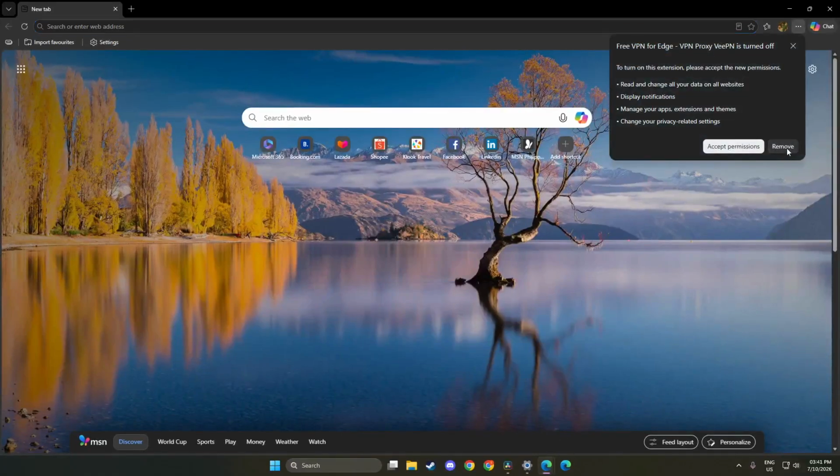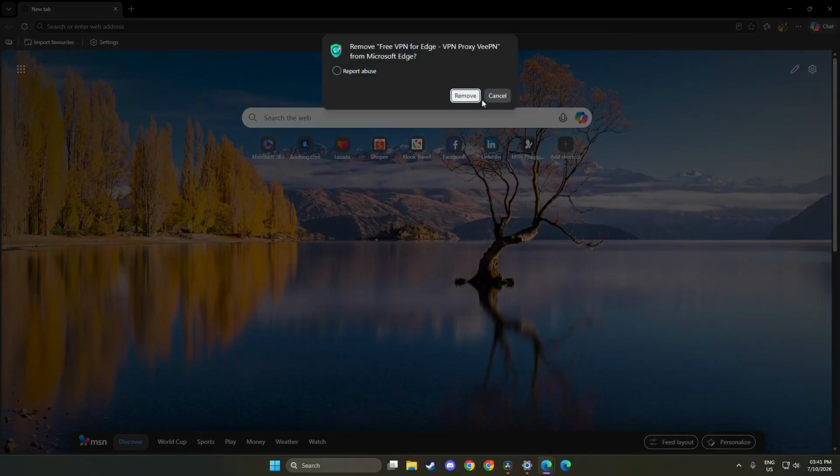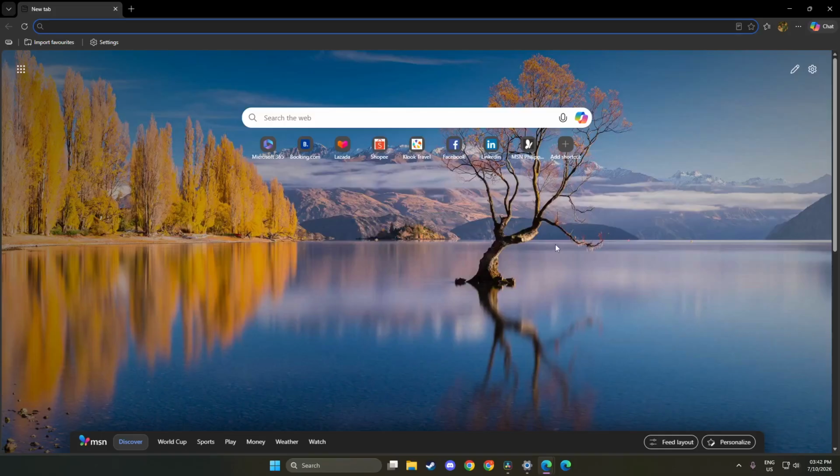Now that Microsoft Edge is pinned, you can easily access it whenever you want. Just click on its icon on the taskbar and it will open right up. The convenience of having your most used applications at your fingertips cannot be overstated. You are now set up to browse the web with ease. This setup makes your computing experience smoother and more efficient.